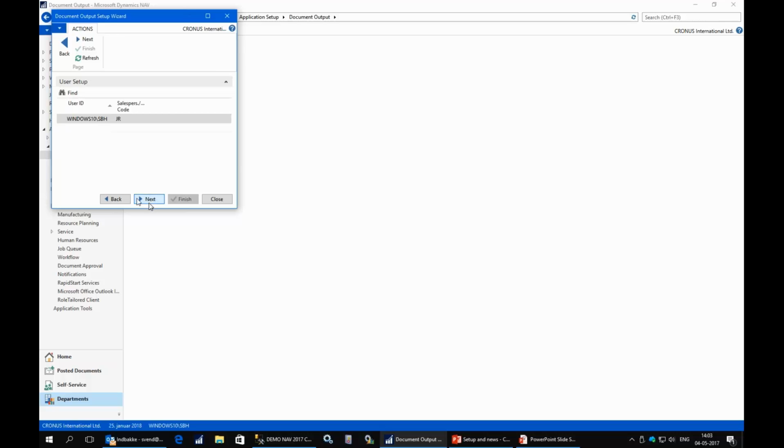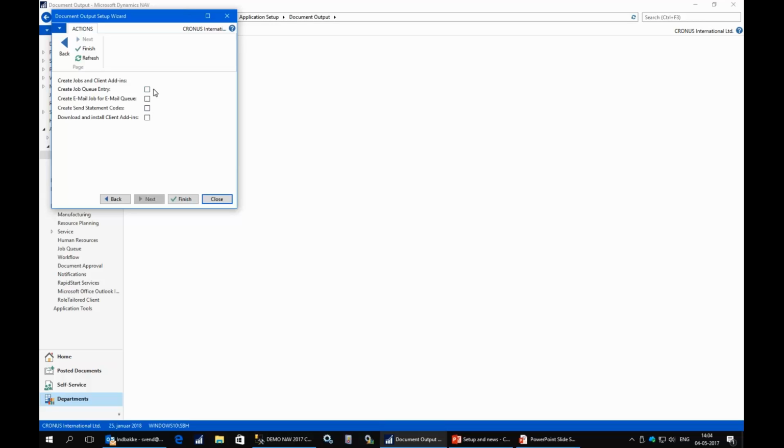Press next, and here we have a user ID and a salesperson code for this user ID. This is used with our merge field. So if you use a merge field containing a link to salesperson, you have to do this user setup. Then you press next,